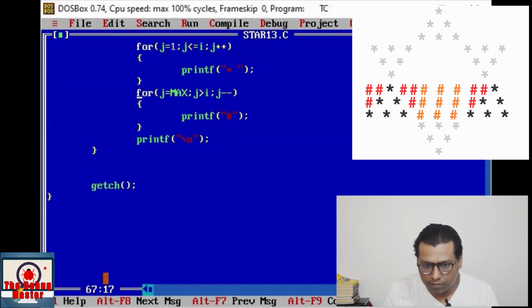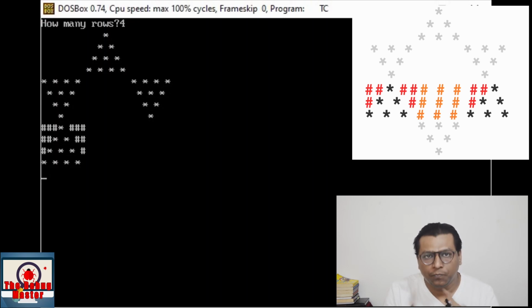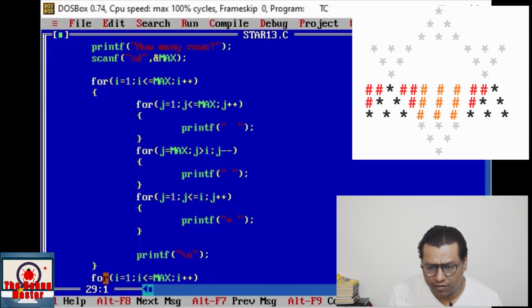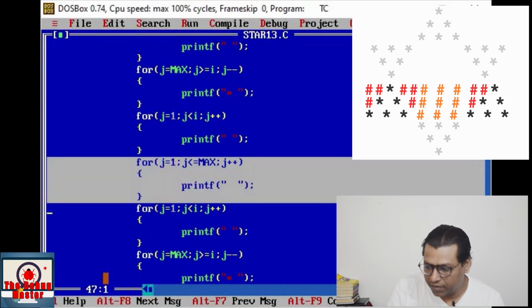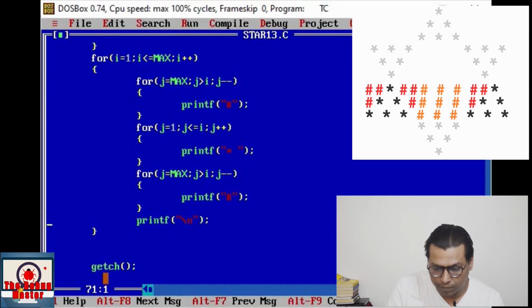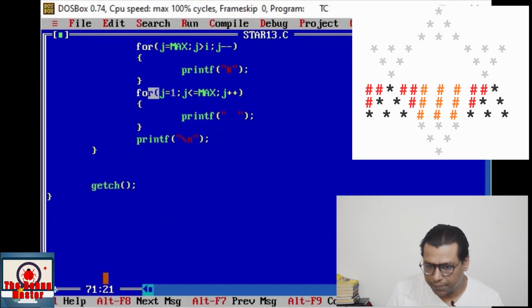Save and run. Right? Now the square pattern again we can copy it from the second part only, right? Just copy it and paste it over here. Here we shall print hash again. Save it and run.